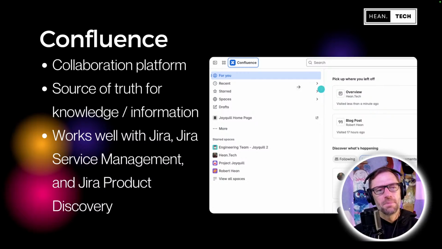Now, I particularly like Confluence. I came up through IT, building knowledge bases and things. So you'll see me talk a lot about it. But Confluence also shows up in a lot of these product categories because teams will be generating knowledge and information. They'll be creating things that aren't just work or aren't just code that you have to document and keep track of.